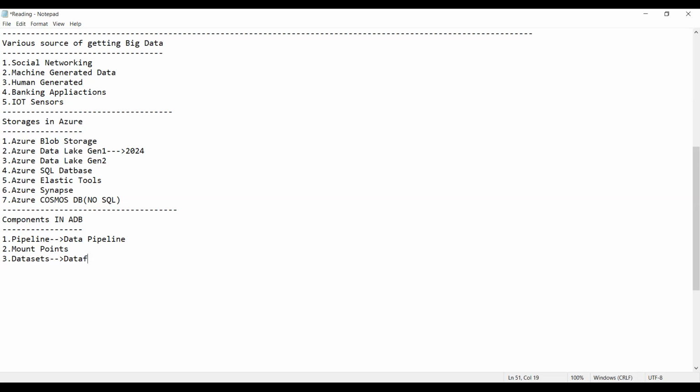Data frames are nothing but these maintain the structure of the data. Structure of the data.